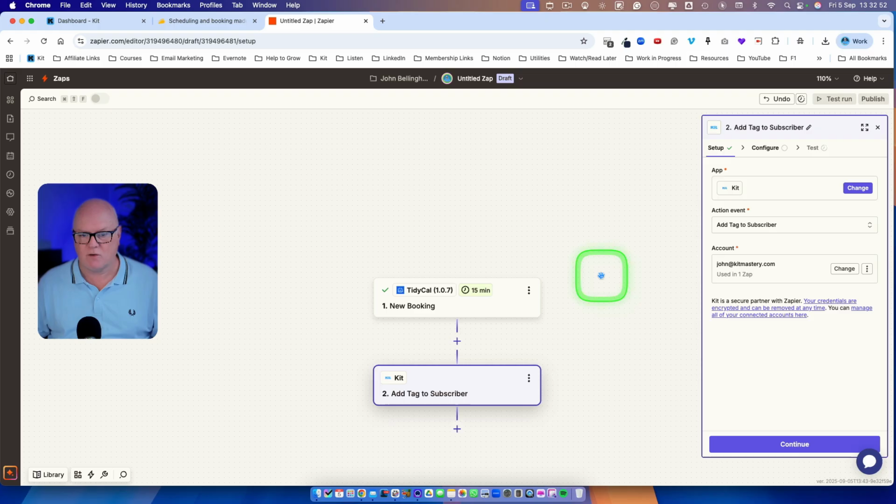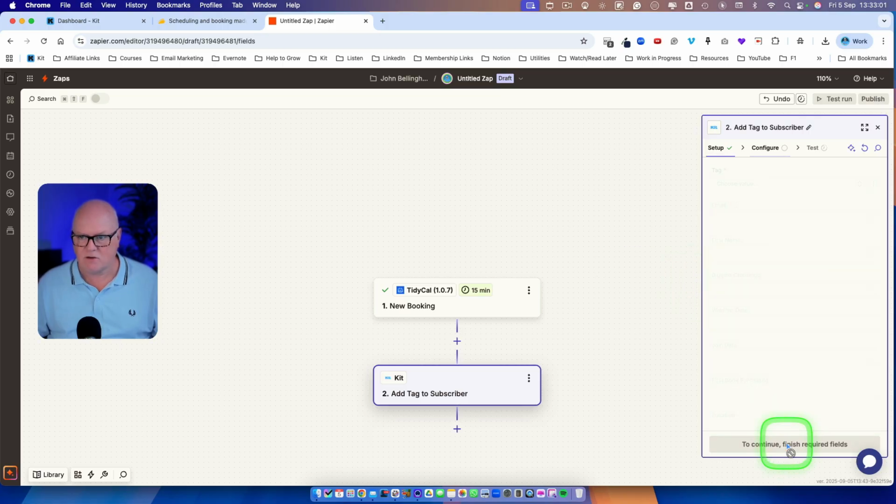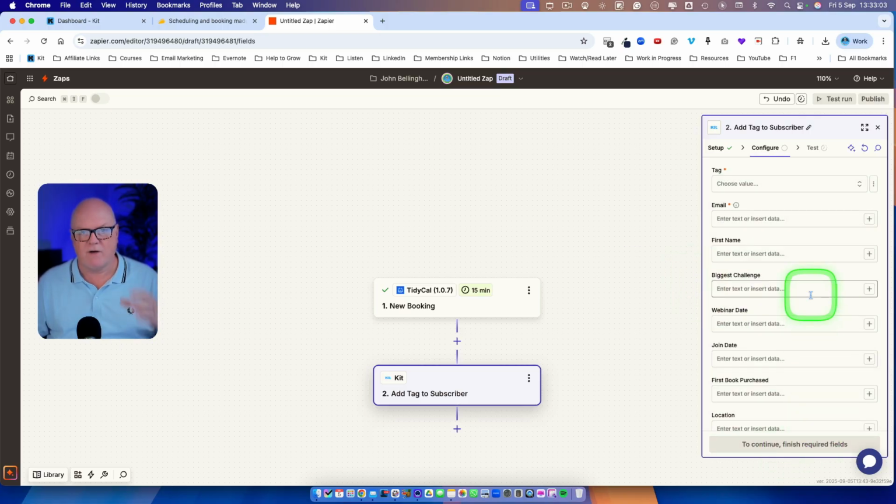So now I've connected Zapier to my Kit account. So now I've set up the conduit between Tidycal and Kit. Now I need to continue and decide which values I'm going to assign to each subscriber that I bring in from Tidycal. So the first thing it asks me up here, you'll see, is the tag,